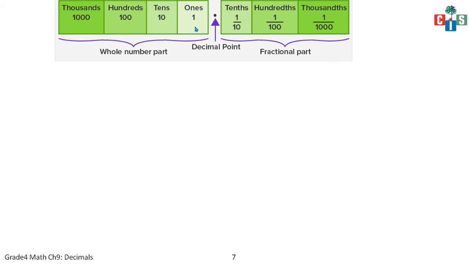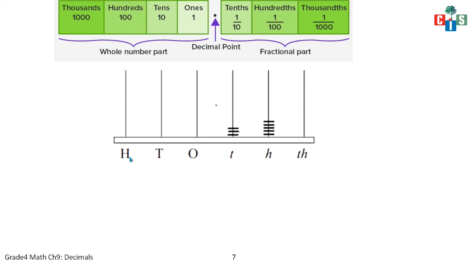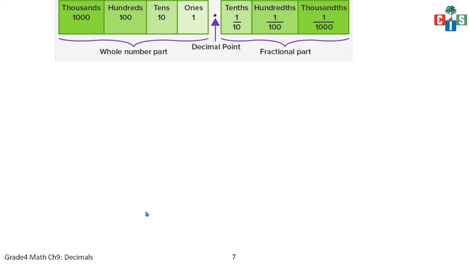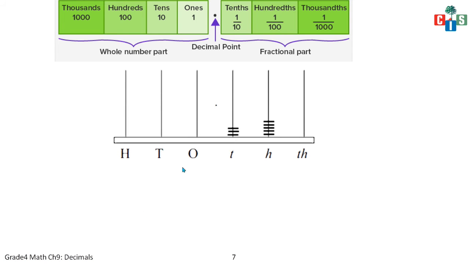With this, I am having the other example. Okay. Let's revise. Ones, tens, 100, 1000 and 10th, 100th and 1000th. Decimal's right side and decimal's left side. Clear? Fine. So let's take another example. Now I have shown you the abacus and I have put the balls already in it. You have to write the number. Clear? Till now we saw you got the number and then you represented it on the abacus. Now I have the abacus and you have to write the number. Fine.